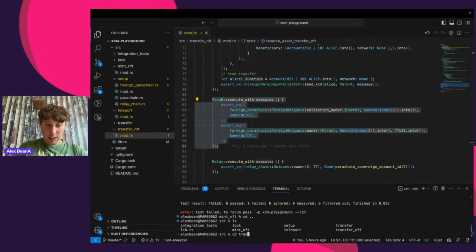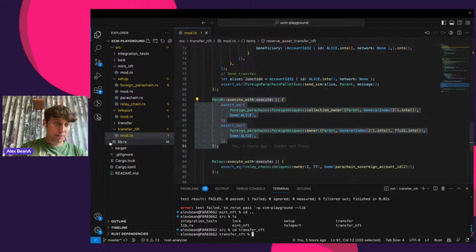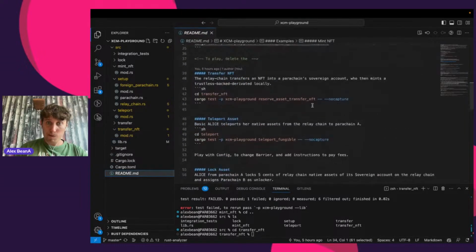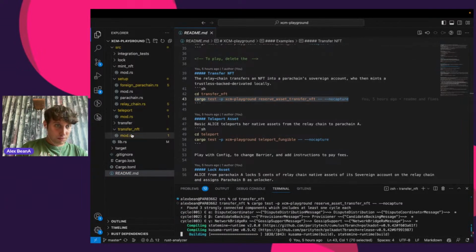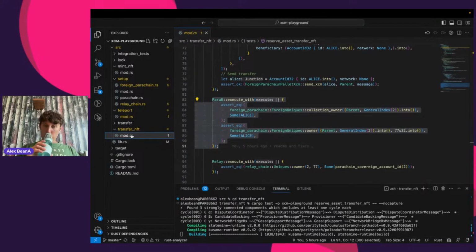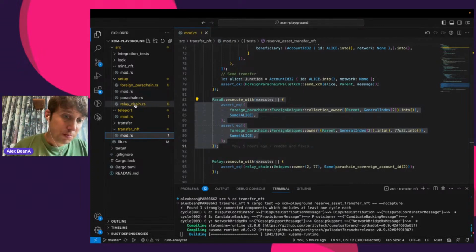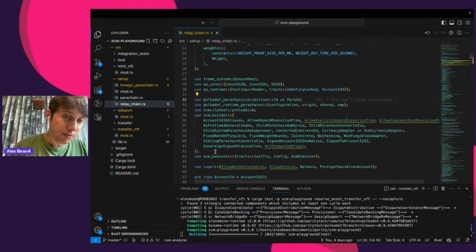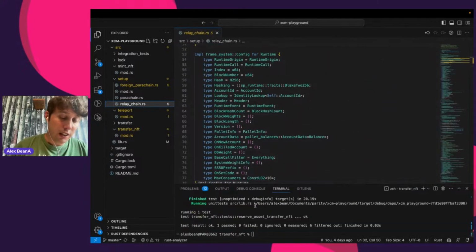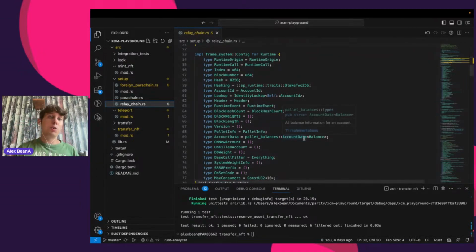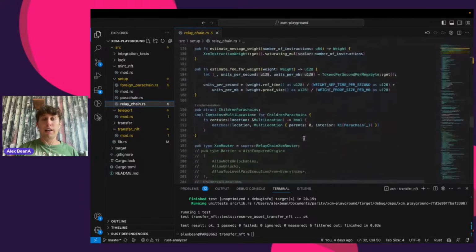So yeah, let's run that. Transfer NFT. So we just run one test instead of running all tests. Okay, so the test works, and now I encourage you, if you wanna understand XCM more in depth,